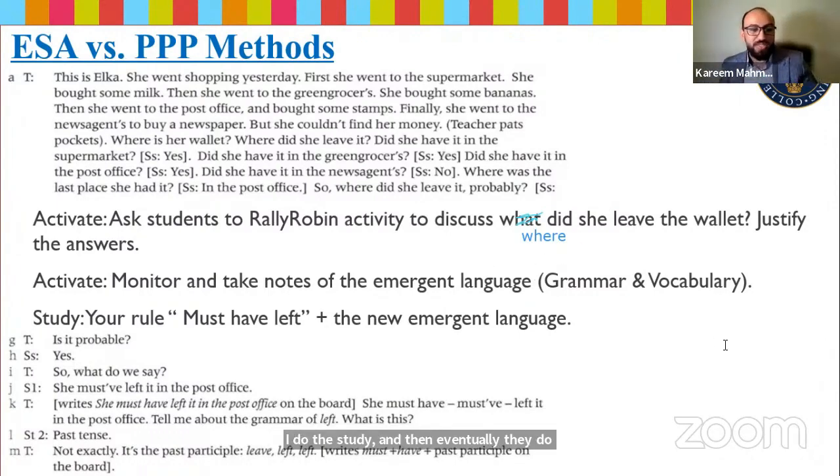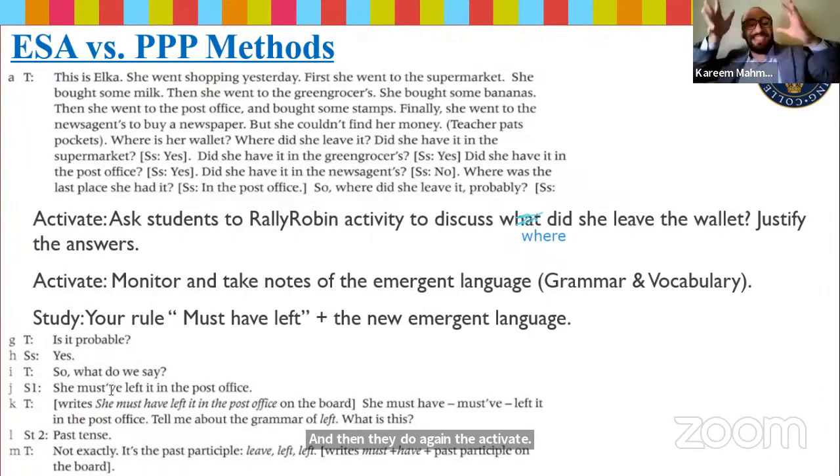So I do the study. This one is a study. I can teach them in that way using the MBF. Fine. So meaning, CCQs, or meaning drilling, CCQs, and then you do the form, you do the pronunciation again, you do drilling, forward chaining, back chaining, all that stuff of the drilling, and then they activate again, they do the role play again.